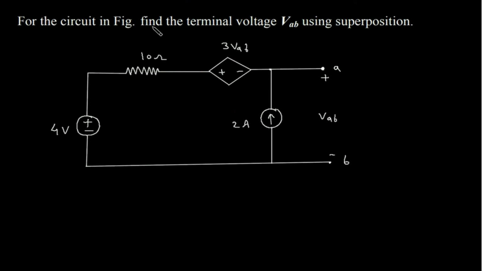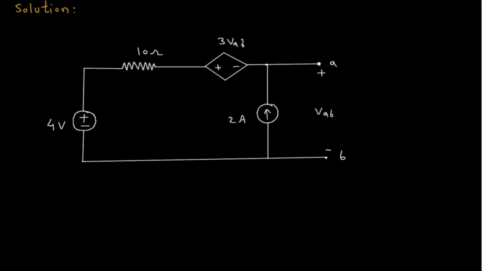For the circuit in figure, find the terminal voltage VAB using superposition. We have to find this VAB using superposition theorem. Solution. First of all, we will redraw the circuit. Now as we can see that there are two independent sources and one source is dependent. So VAB is equal to VAB1 plus VAB2,